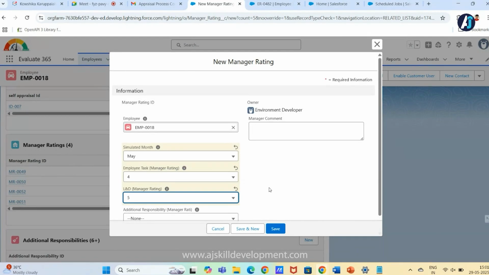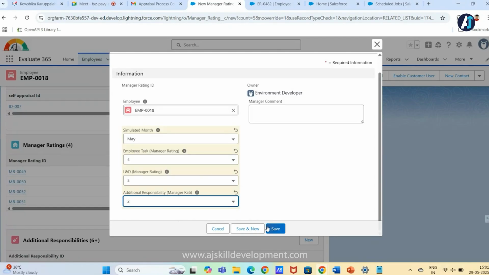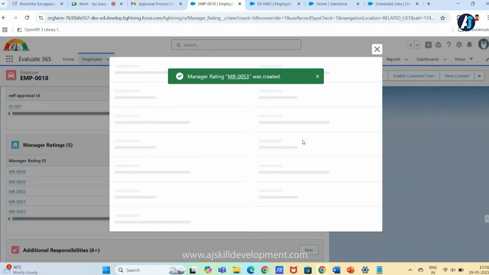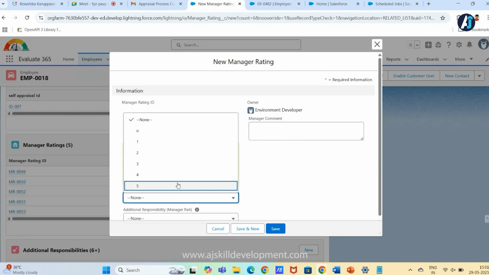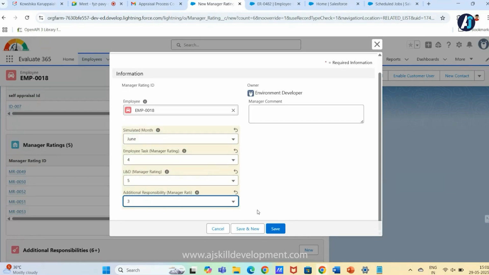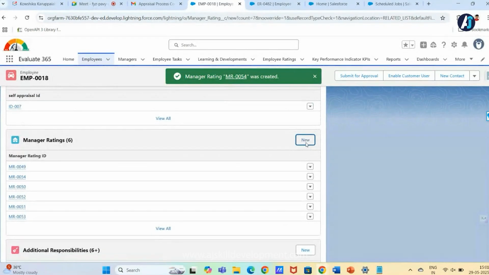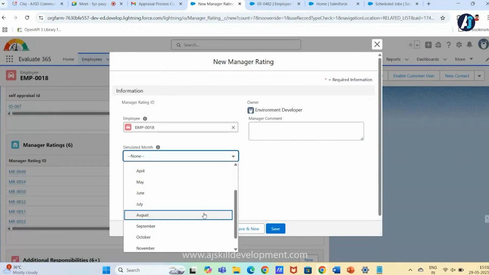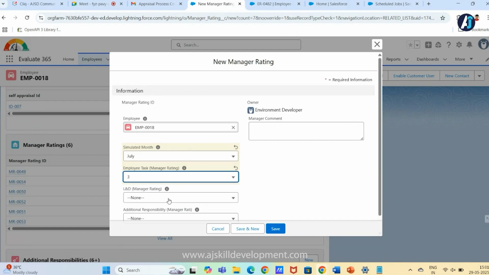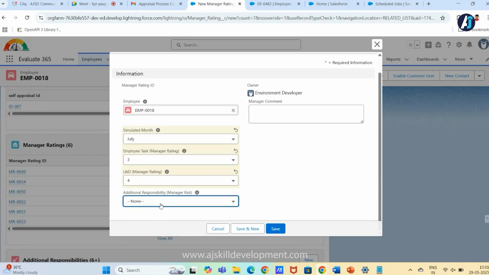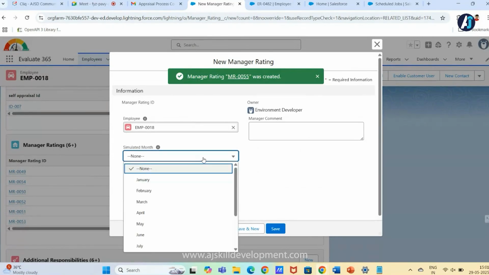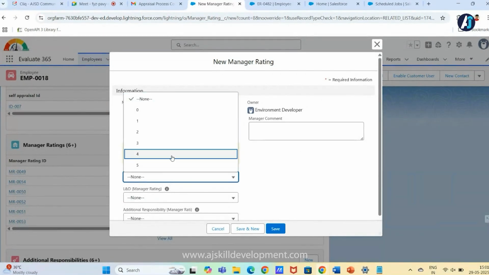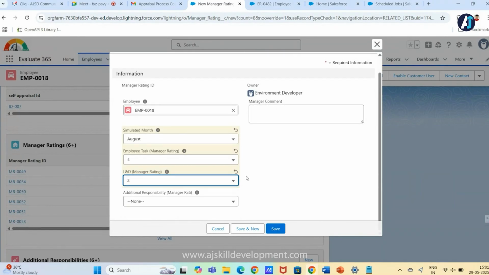Five, and June. Three, 4 and 5, and for August, let me give employee task as 4 and L&D as 2 and additional responsibility 0.